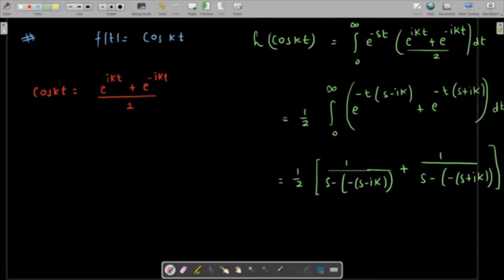We have to be a little careful over here when we write the Laplace. So simplifying this a little bit, this becomes 1 over